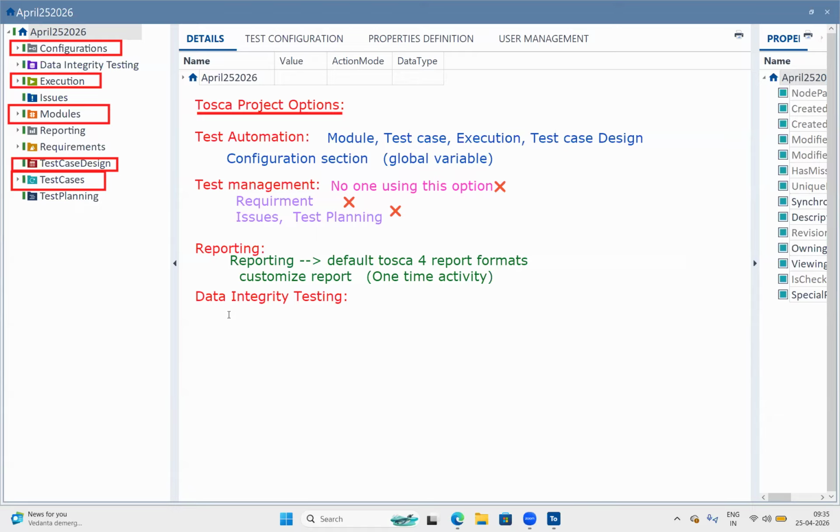So the last and final one is data integrity. This is a different project. Using this particular project, we perform some kind of ETL testing, Snowflake testing, and big data testing. If you want to perform these kinds of testing, here also you can see a number of sections like the module section, test case section, and issues. All these sections you can see within data integrity also. That is the reason I marked it as a different project. Are all these points clear, team? The framework sections points.